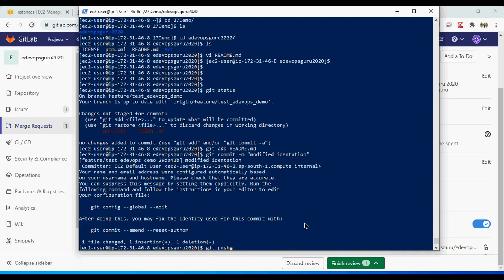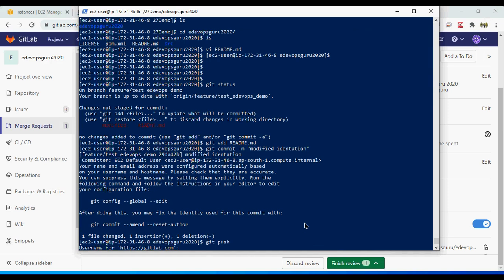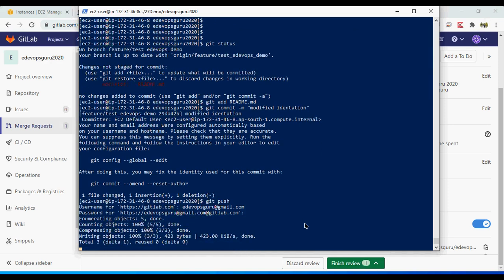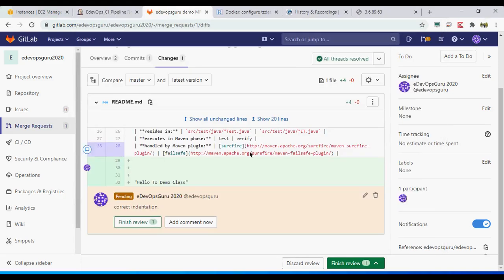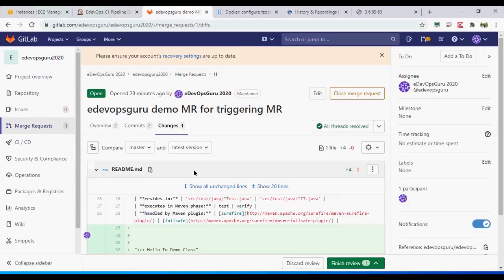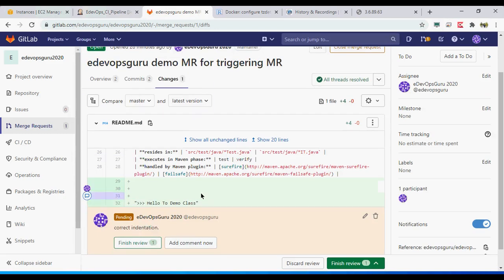Okay, then he will do the git push so that local changes are pushed to the remote repository. Okay, so now what will happen, if you see here, changes are done. Okay, you can see changes here,